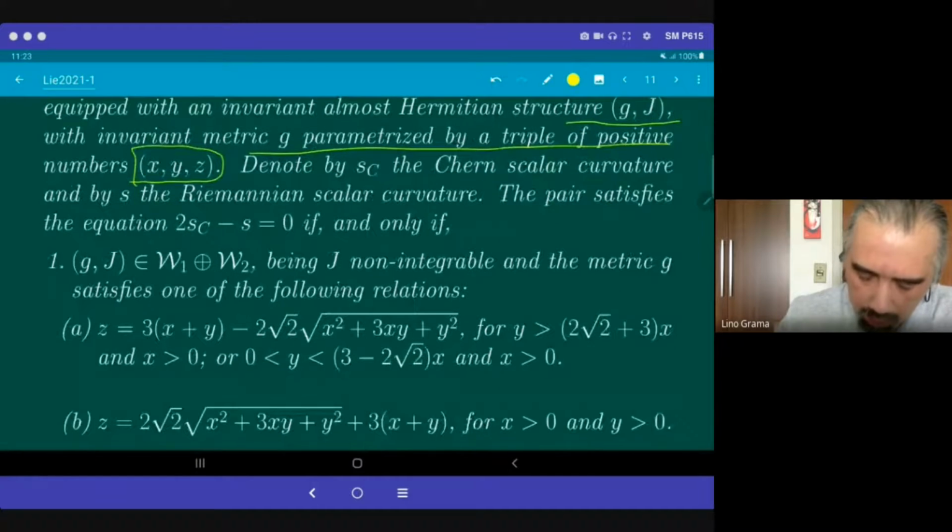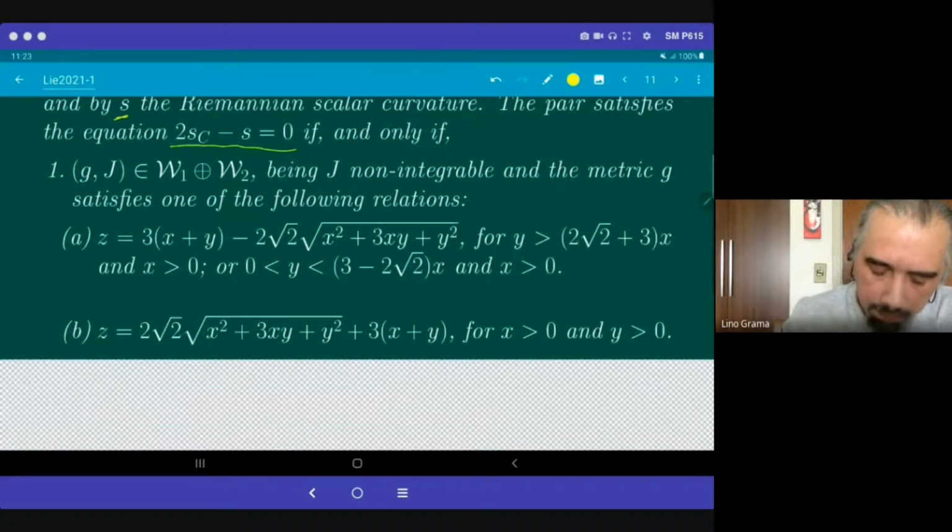We denote by the Chern scalar curvature, and S is the Riemannian scalar curvature, and we have a solution for this equation if and only if